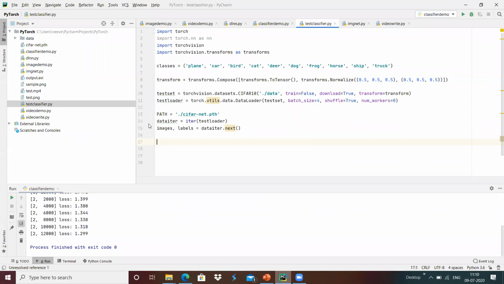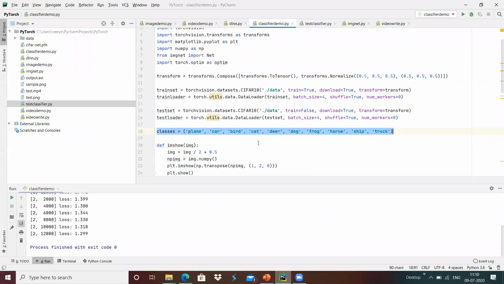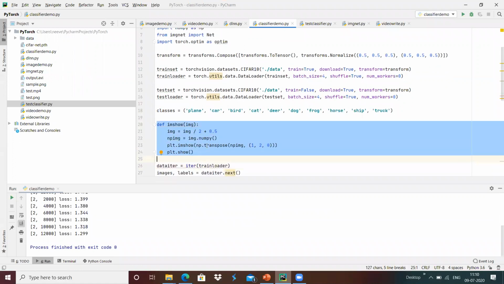For that, I'm going to define the image function that I'm going to use.